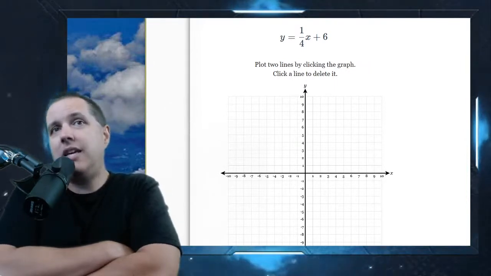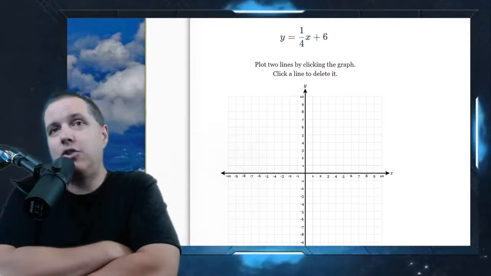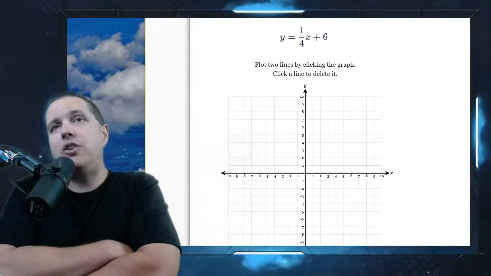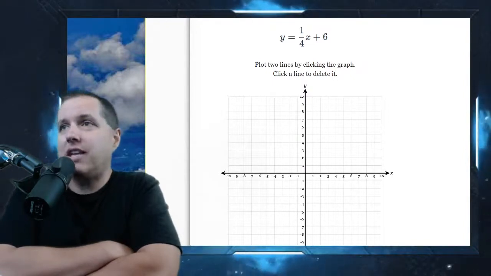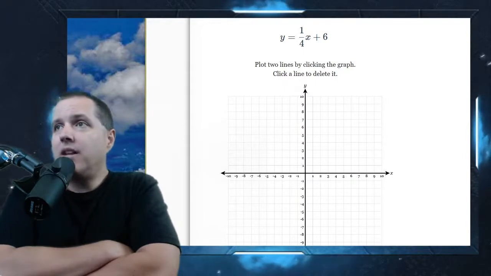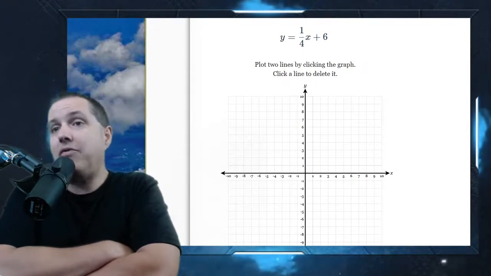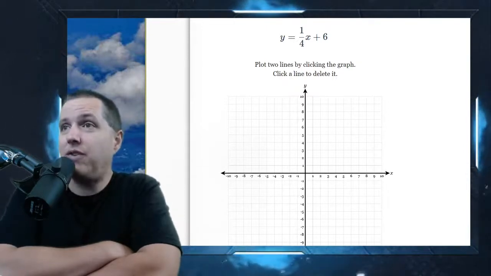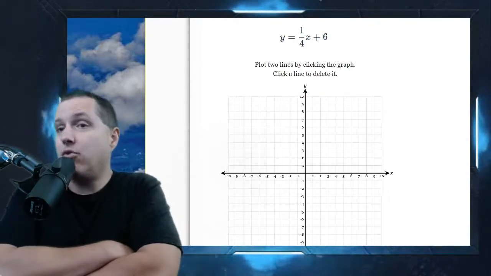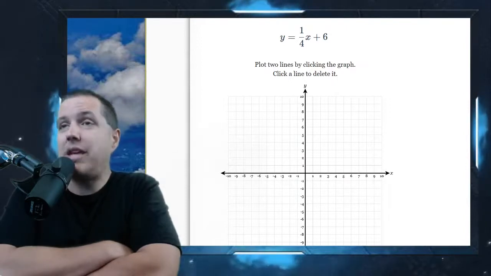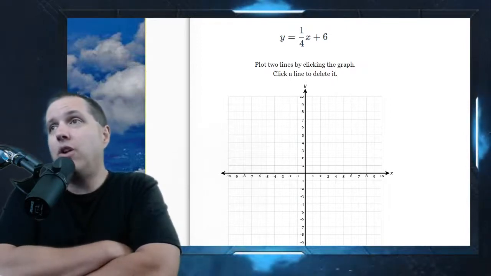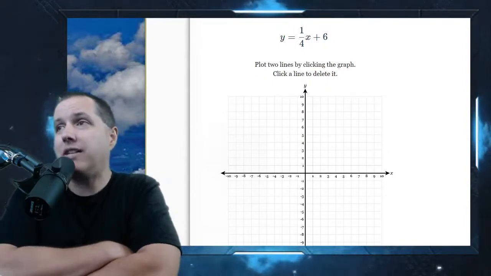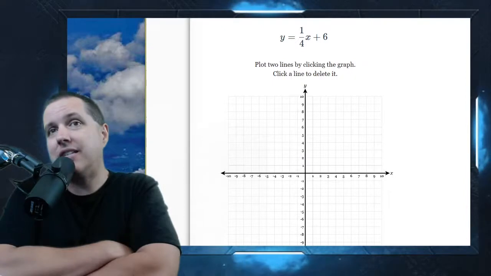Even if you're just taking, and I shouldn't say just, statistics, it's a totally legitimate course. It's not as strenuous or challenging as, say, a calculus course. But if you're going into statistics, you have to know how to graph lines, because you'll be doing it when you do your linear regressions, your line of best fit, your least squares lines. You have to graph those lines, and you have to interpret what they mean. So I would argue the most important algebraic skill going into statistics is